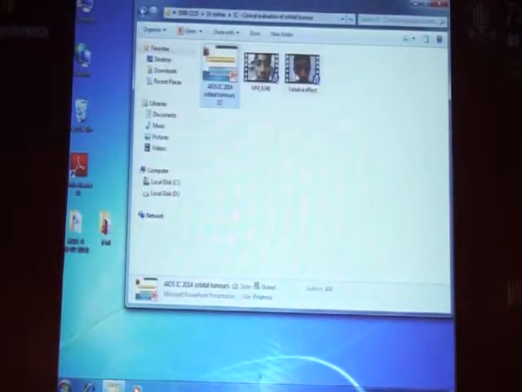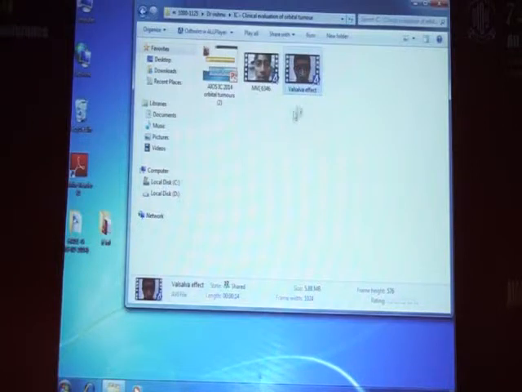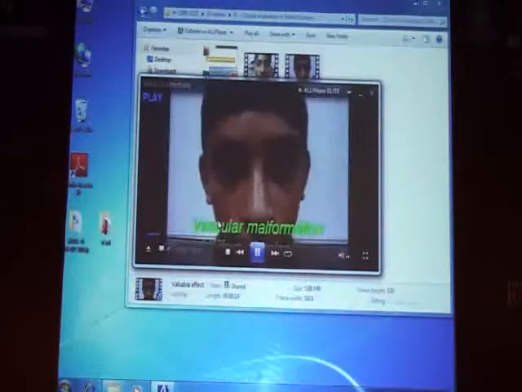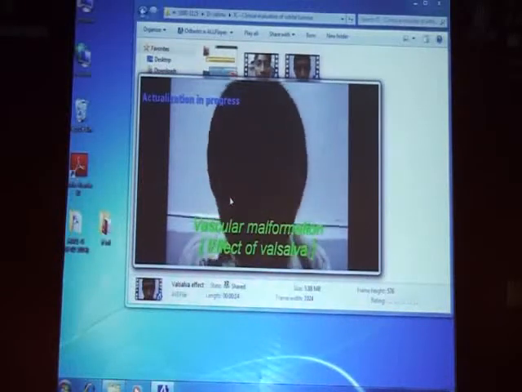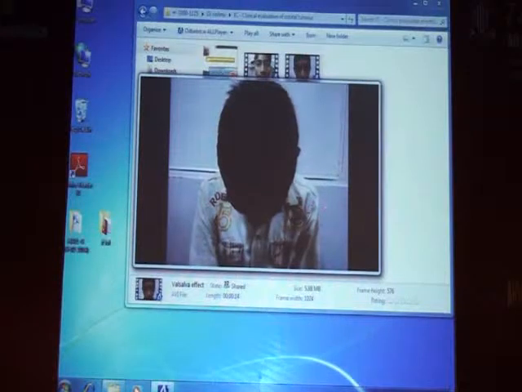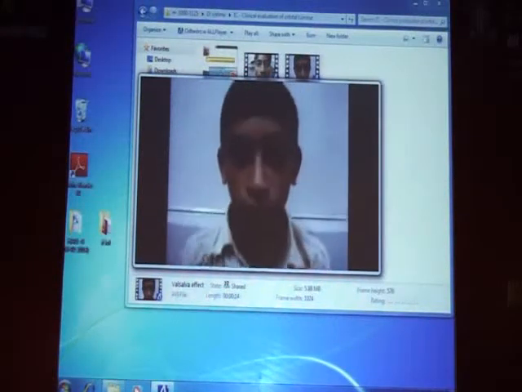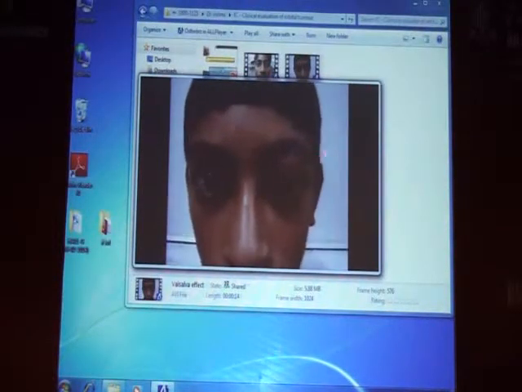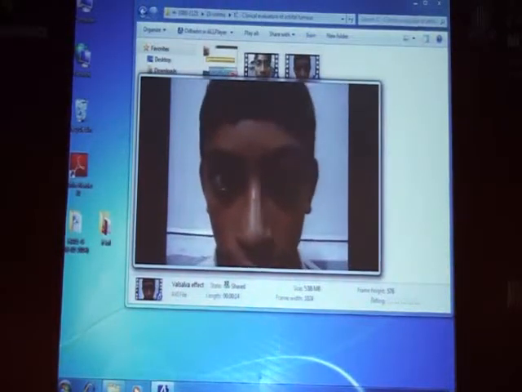Okay, I'll show this video once. This is how we ask the patient. First and foremost, we document the lesion, then ask for a Valsalva maneuver, any kind of maneuver, and see after 30 seconds what is happening in this patient. There is an increase in the swelling in this area. So this is how a Valsalva maneuver can be done to look for vascular malformations.